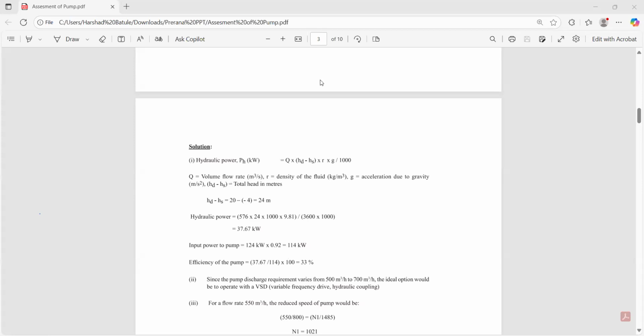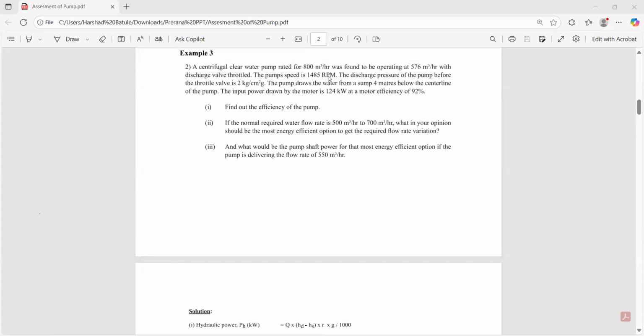Understand? Your 800 m cube per hour pump is operating at 576 m cube per hour. Your discharge valve is throttled, which means there is additional frictional resistance in the circuit. Despite that, your efficiency would be coming to 33% only. If your valve is not throttled, your pump will be in trouble. So what they have done, they are throttling the valve, which means they have reduced the flow rate. So in that system,